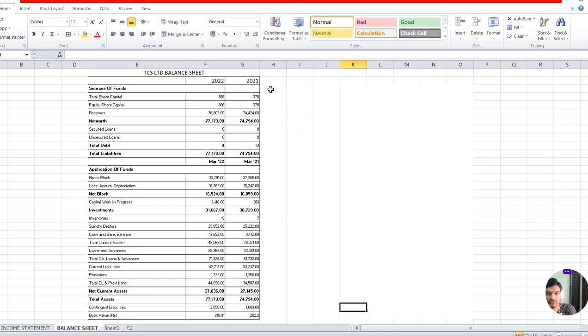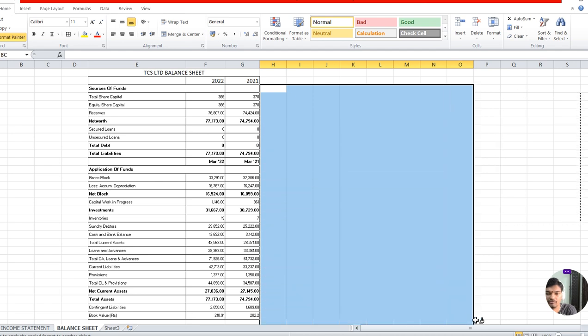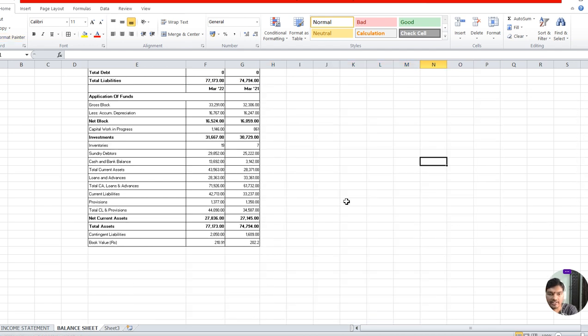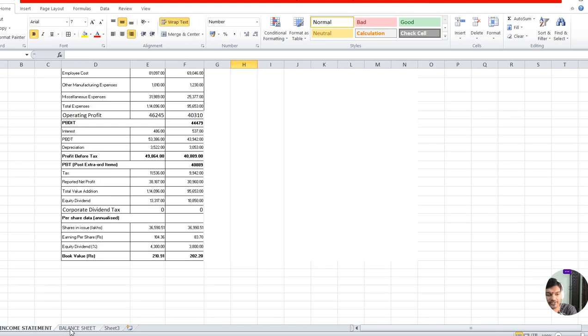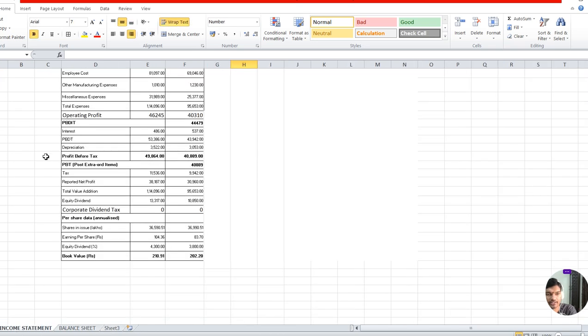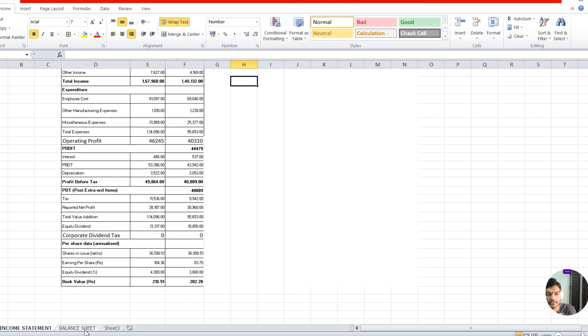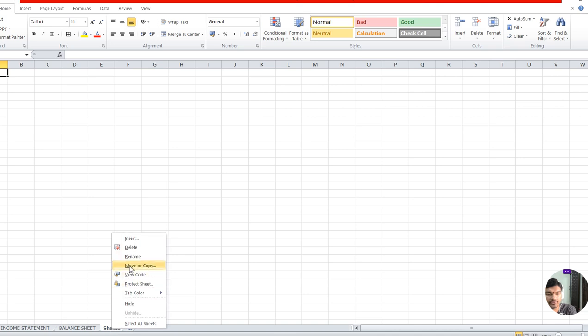So I suggest that you use Excel sheet only for performing all the financial statements analysis. Here this is the financial statement analysis of TCS Limited income statement and balance sheet. Here you can open the sheet 3. This is the raw data available for us, both income statement and balance sheet. In the sheet 3 you can change this sheet name as